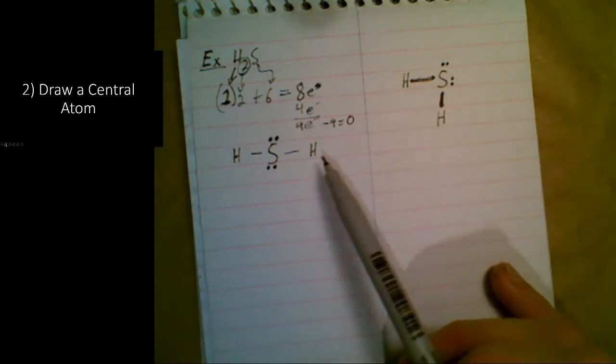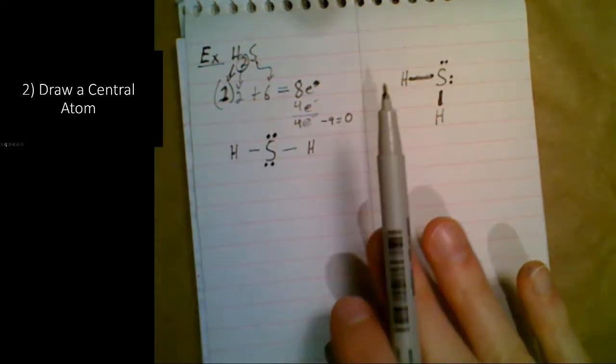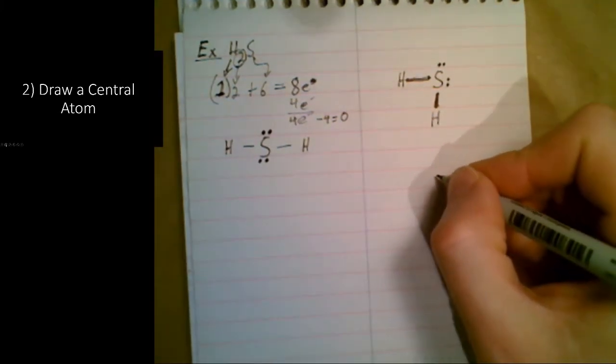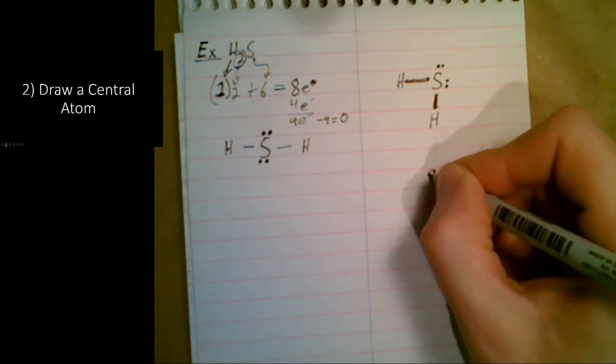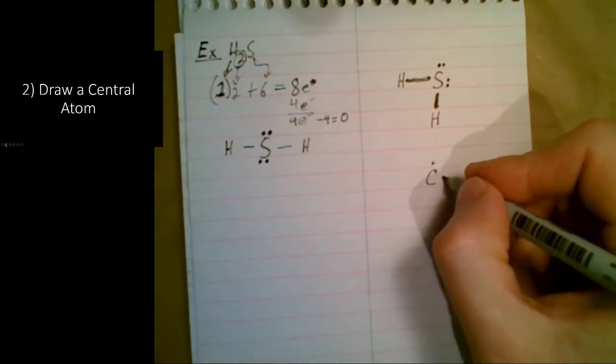And you notice I actually have the same thing. 2 hydrogens single bonded to a sulfur with 2 lone pairs on the sulfur. Now you may be looking and saying, but this one's straight and this one's like an L shape. It doesn't actually matter. The shape right now is of no importance when we draw these. But I want to show you this with the carbon dioxide because I think it's also helpful to see it there. So I had carbon as my central atom,